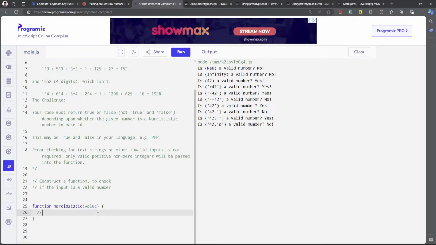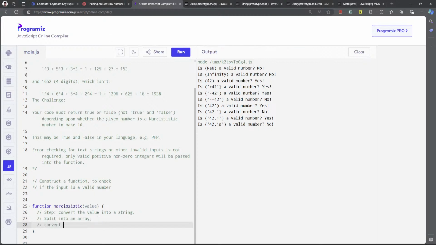Step one, we need to convert the value into a string, and then after we've converted it into a string, what are we going to do? We're going to split it into an array, and then after we've split it,